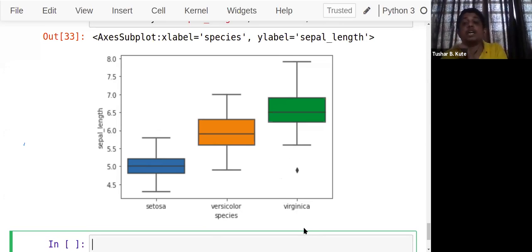So in the Virginica category, sepal length contains one outlier here. If I want to remove that outlier, there is a small method. Don't go for any critical methods. If the sepal length values for Virginica are below 5.5, remove those values. Directly you can apply the condition, a Boolean filter. When they are deleted, outliers will be removed. So outlier detection is done by that, and you can identify where the highest or lowest range is present. So this is a lower outlier, a higher outlier will be shown above.